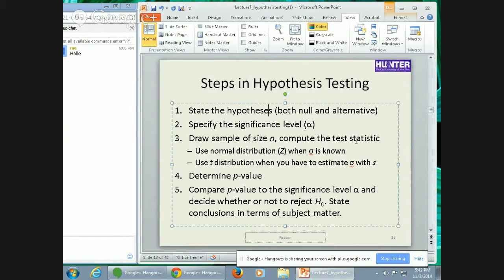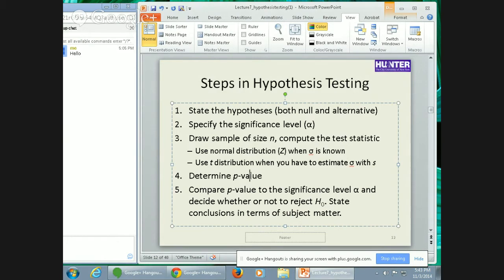That might be a chi-square test statistic, might be any number of different things, but you'll calculate a test statistic, and it's something where under the null distribution, you know theoretically what its distribution is. And because you know what its theoretical distribution is under the null hypothesis, you can then go and calculate a p-value. And your p-value,